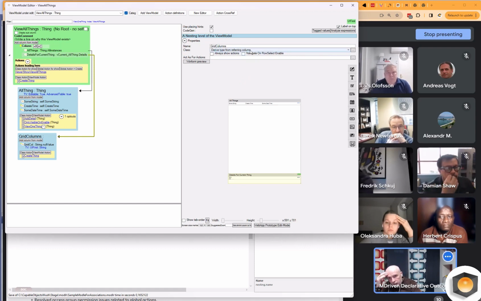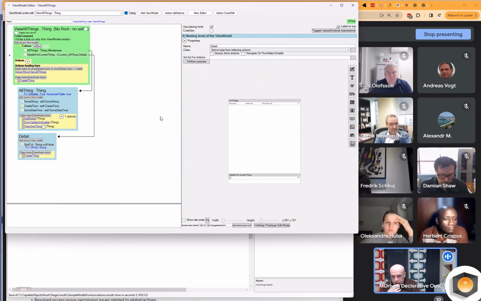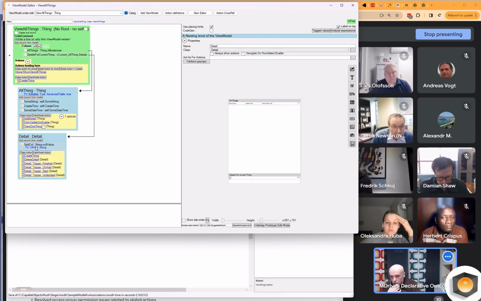I can call this detail, and what I want to do here is to add some columns, and it's easier if I expressively say which type I mean this to have, which is a detail. And once I've done that, all the class actions that match on type, on class, will show up.